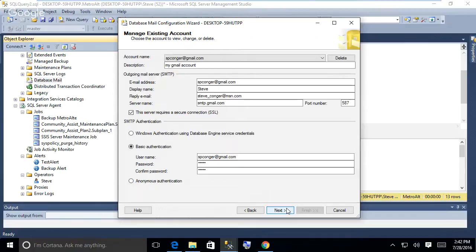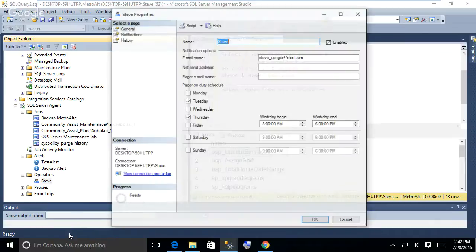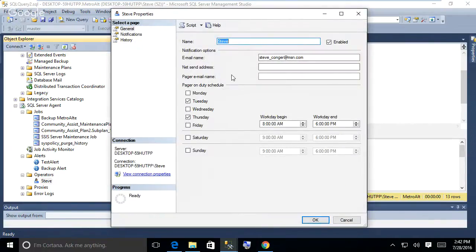Right. But when you're hooked to, so let's bring up properties. So the name, does this have to map, or does this need to be spconger@gmail.com? I don't know. I don't know either. Well, how would it know? So you're asking SQL to send it from Google to MSN, right, and how would it know that? It doesn't know who you are. Well, it might, because they're actually in the email,